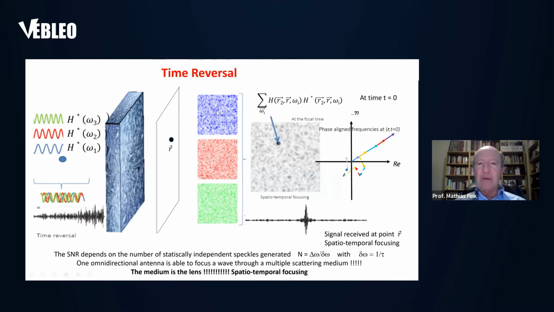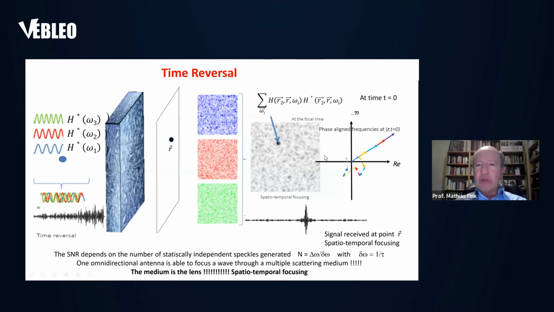When you do this, if you look at what you have here, you have all these speckled figures that oscillate, but the phases are different between each of them. And there is a magic time where suddenly all these signals become in phase in the time domain. That is to say, suddenly the long signal you have sent becomes very short and compressed in time. And you have what we call temporal focusing. All this long signal through this medium now gives a short pulse. And you also have a spatial focusing whose size is the size of 1 grain of a speckle.